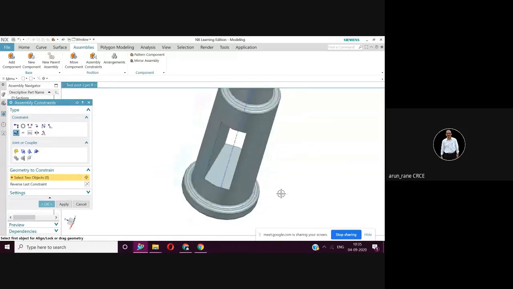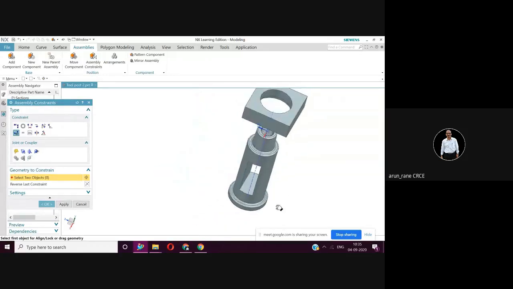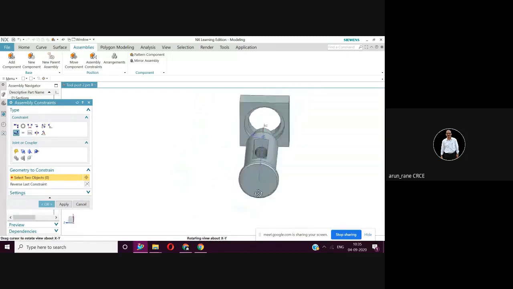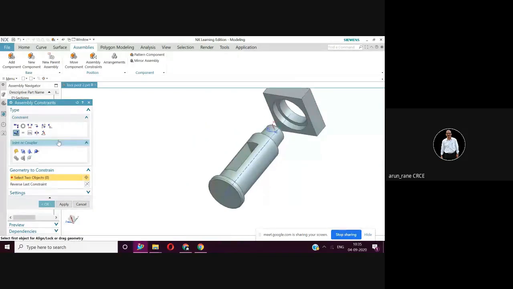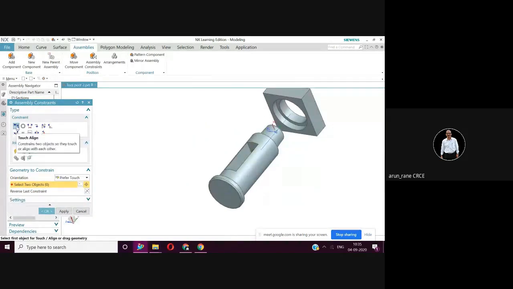So we can select this face. This face is pretty good to select. So I'll go to touch align. This is a very powerful command. Touch align, and then concentric you can say is the father of all commands. So select this face and then select this face.